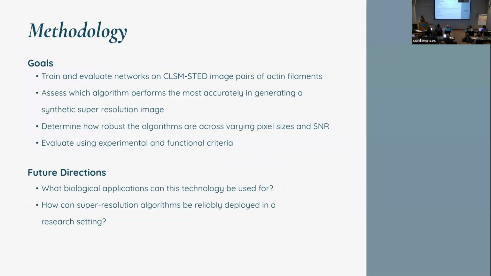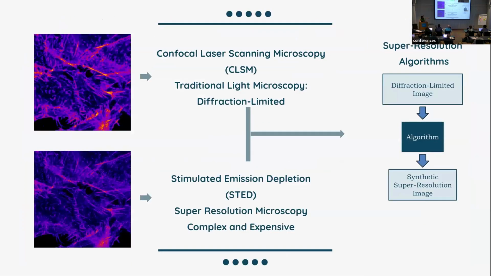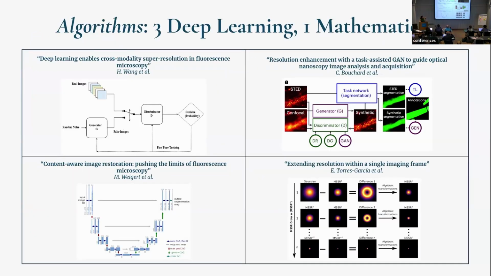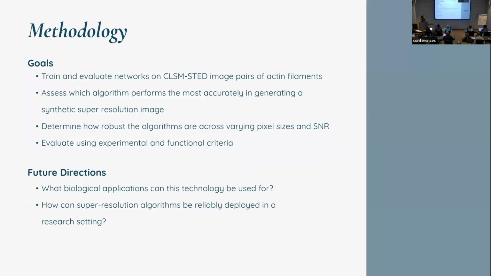So I'm going to be using confocal and STED image pairs of actin filaments, two examples of which are here. And I really want to see which ones perform the best in generating a synthetic super resolution image. And I also want to evaluate across different levels of image quality, such as different pixel size and different